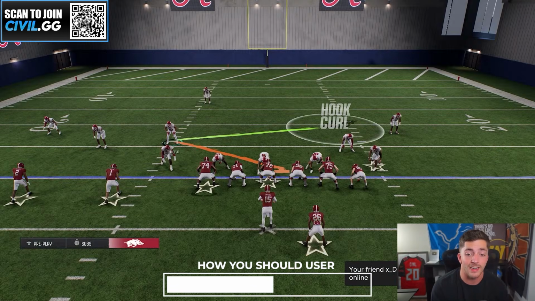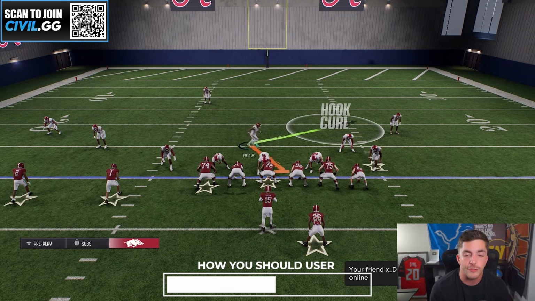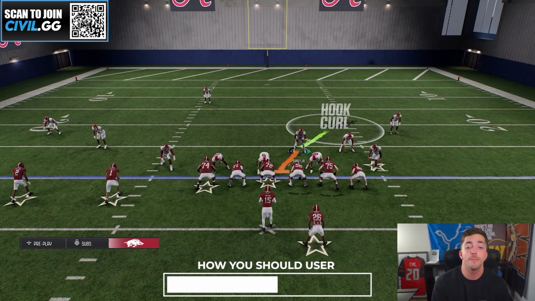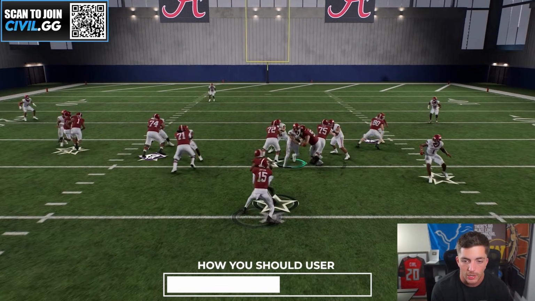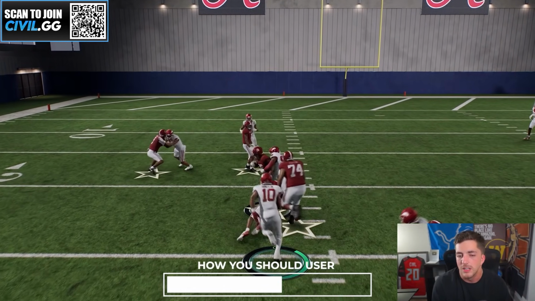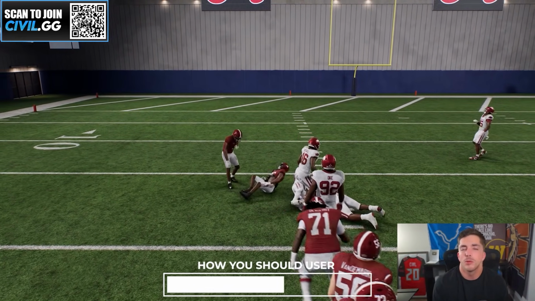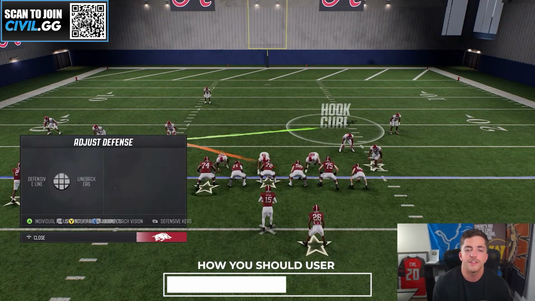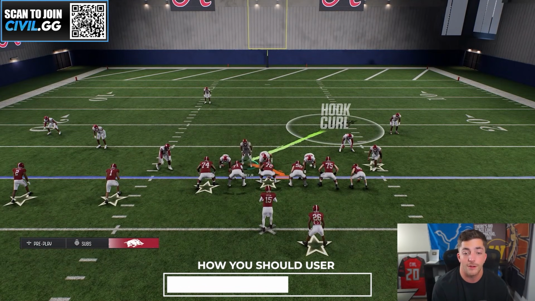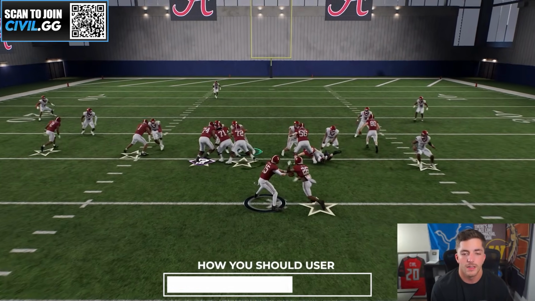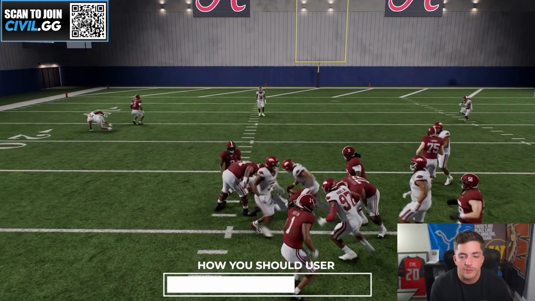But the other mistake a lot of people make is that they go straight downhill and get caught up in the mush. We'll see if we can recreate that right here, where we just go down and shoot the gap, but we're just behind the run. It doesn't really matter. You'll see this sometimes too, where people try stuffing the line of scrimmage like this, which can work at times,